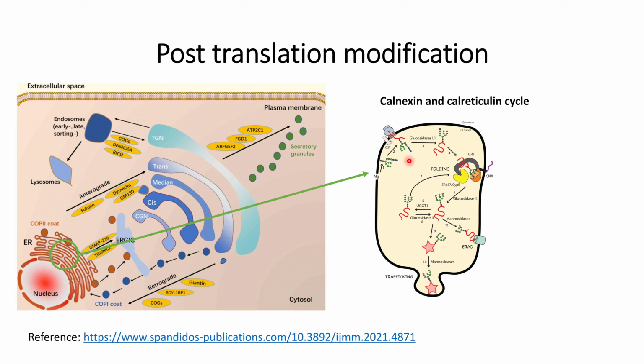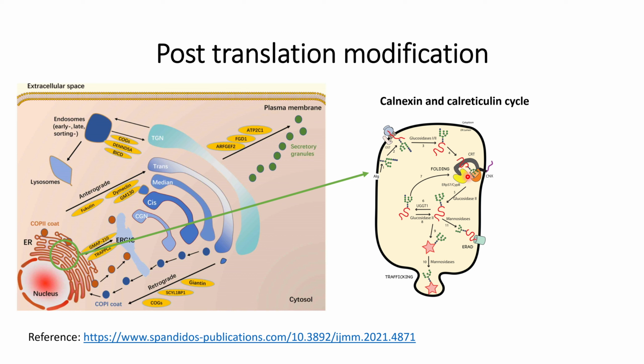And this now has three glucose attached to it. Glucose is represented here by a dark blue circle, and glucosidase 1 and 2 help in trimming these two glucose molecules, and this monoglucosylated glycoprotein can then be recognized by Calnexin and Calreticulin, and it will provide an isolated environment so that proteins can